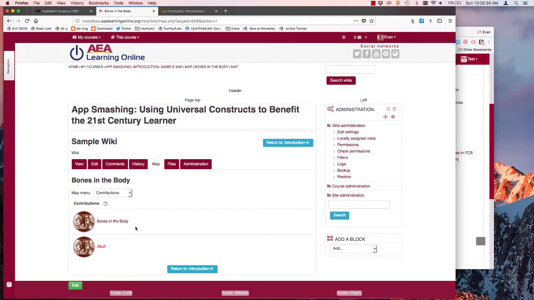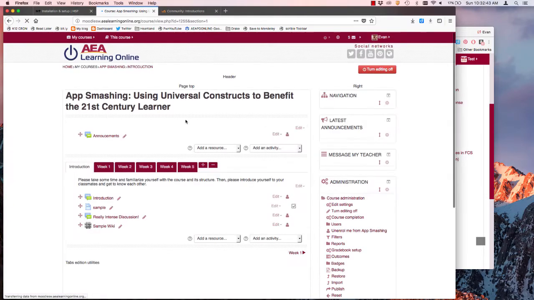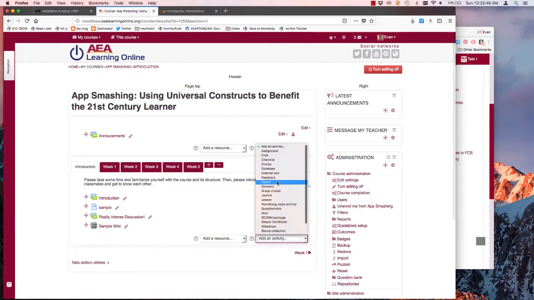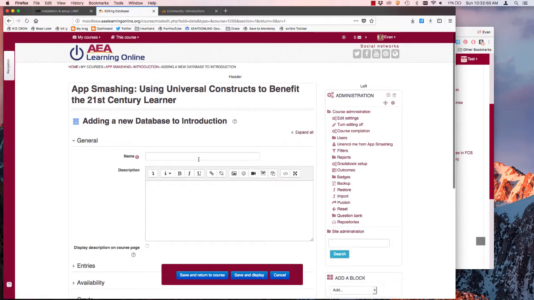Okay, that's setting up a wiki. Again, there's lots of things you can go through here and look at for that. Let's look at setting up a database. Setting up a database is a lot more complicated than setting up a wiki, although they kind of have a similar structure to them. All right, so this is where I'm submitting. It's like creating a form that people fill out, and then it gets added to a database that you can go in and search. So we'll say